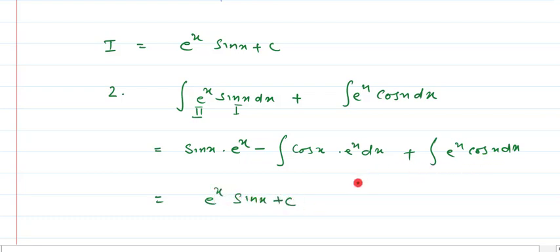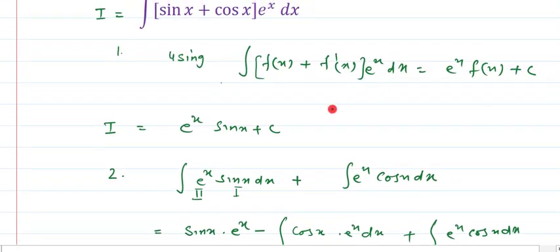Okay, so in this way or in the previous way you may attempt the question in any way, and if it is an MCQ then you should remember the result and you just need to think which part out of these two is the differentiation of the other, and then easily you can find out the result of these types of problems. Let me take the next example.